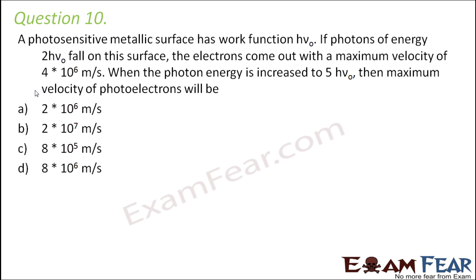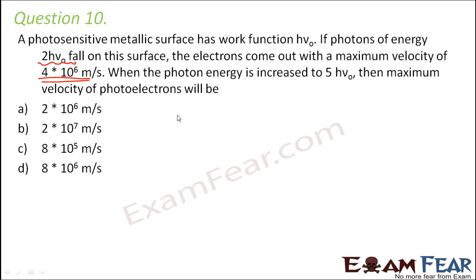Question number 10. A photosensitive metallic surface has work function h nu naught. If photons of energy 2h nu naught fall on this surface, the electrons come out with a maximum velocity of 4 into 10 to the power 6 meter per second. When the photon energy is increased to 5h nu naught, then what will the maximum velocity of photoelectrons be? So again, what are the values which are given here? In this problem, the problem tries to relate the energy of the incident radiation with the velocity of the